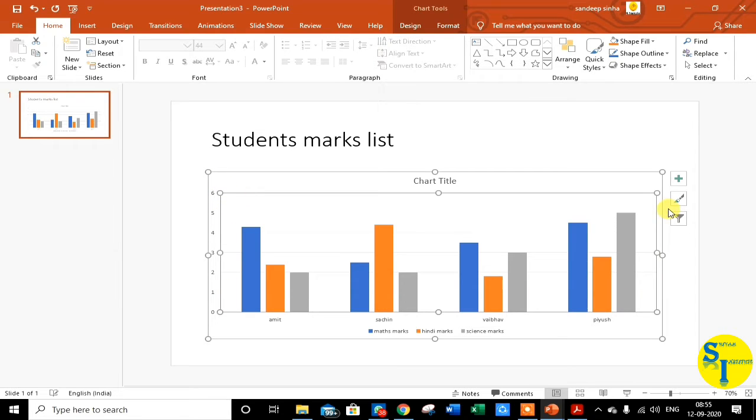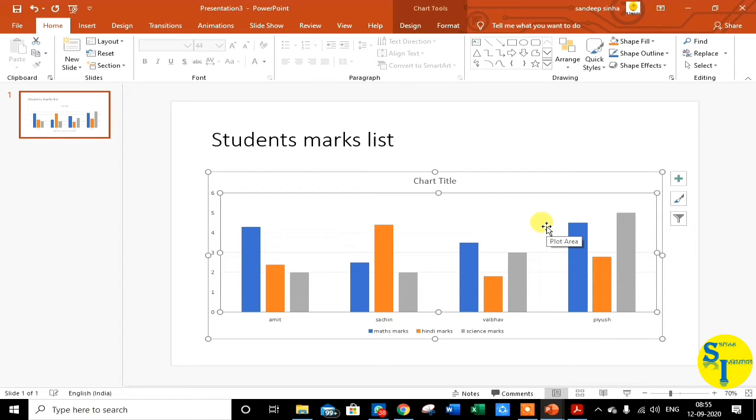The plot area is where the actual chart resides, which contains the actual chart including data, value axis, category axis, data series, legends. This rectangular area is called the plot area.